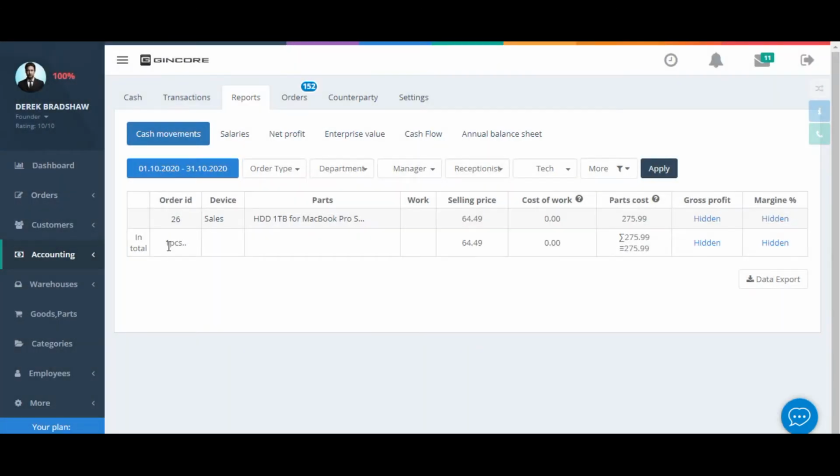A new kind of repairs and orders. In addition to warranty repairs, you can create your own, for example, partner, and also add different types of paid repairs or improvements. To create a new type of repair, go to the More Settings,